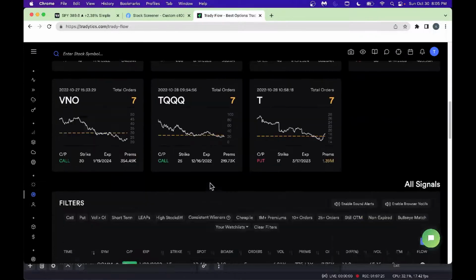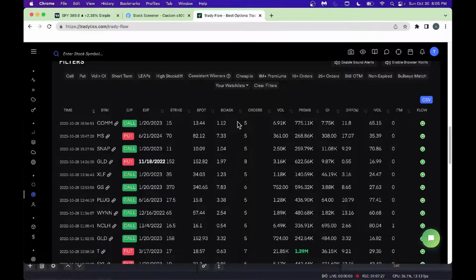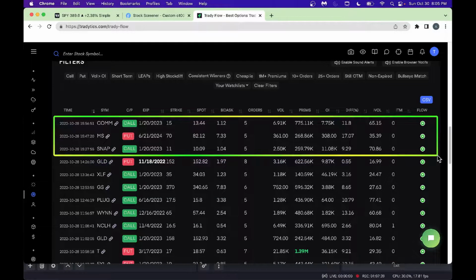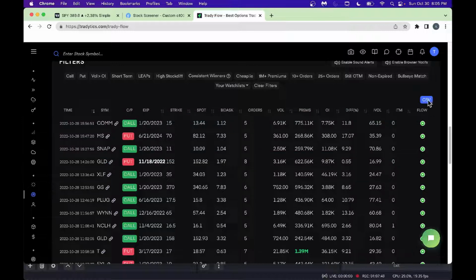And you could also get the list here. You can download this list here. I say always pay attention to the latest one here. Look, we got the two latest ones here, 10/28, which is on Friday. Looks like you could follow along with this. There's a bullish call in Snap here. There's a COM, MS. There's a put. You could play along. You could also download this whole list into CSV and explore further.